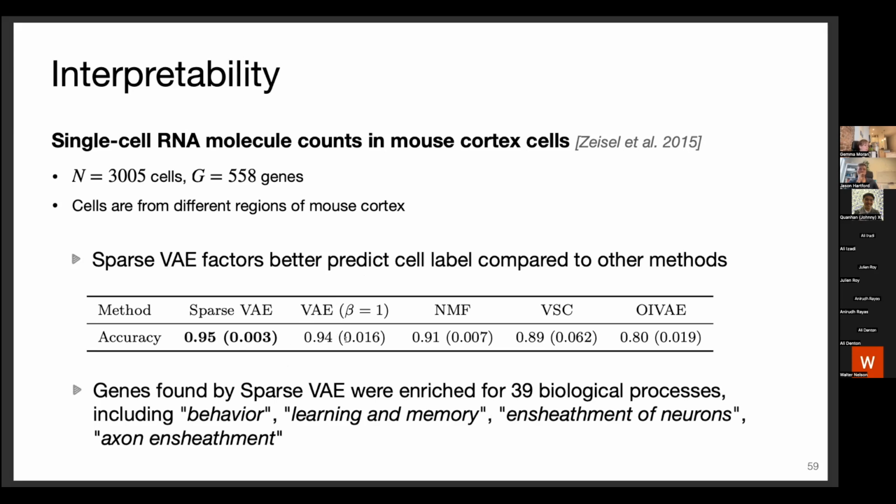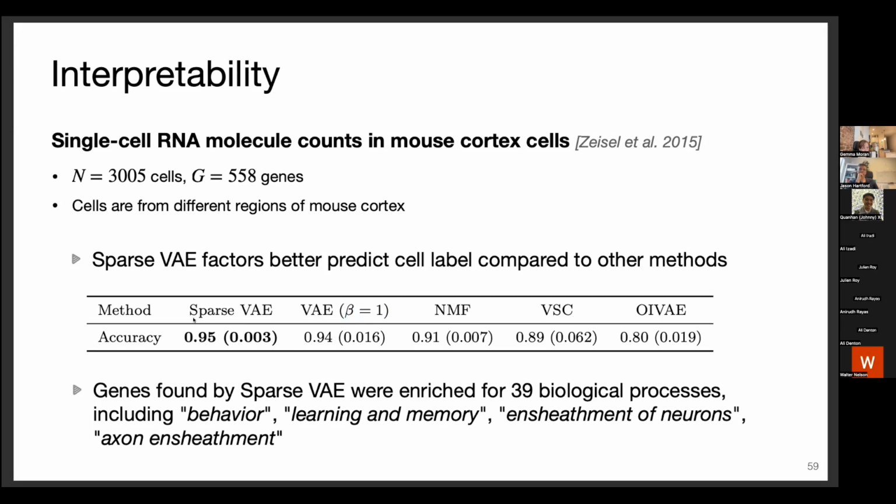So the VAE was close. I should mention here, we always picked the VAE with the best beta if we're not comparing to the beta VAE. It means that we did the beta VAE and we just picked the one that was the best, and here it turned out just one was the best. So again, these are sort of close, but the nice thing about the sparse VAE as well is that we